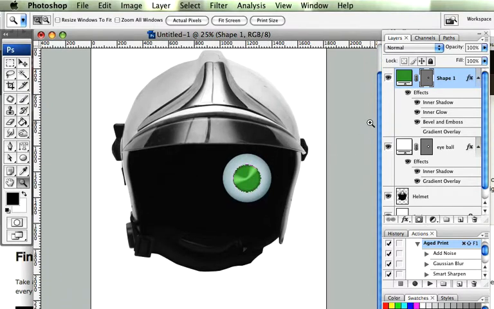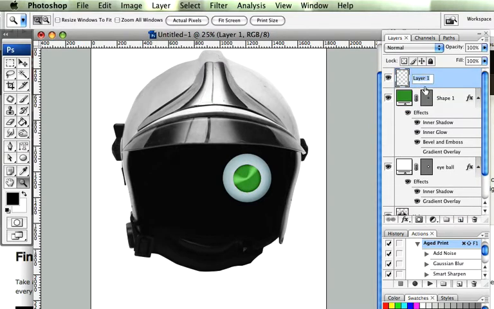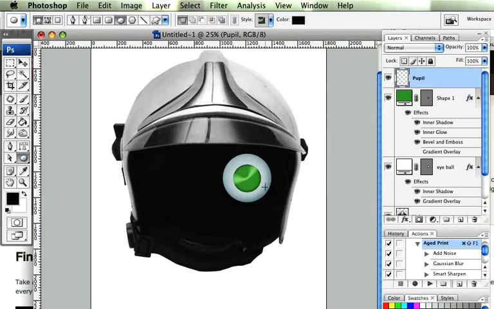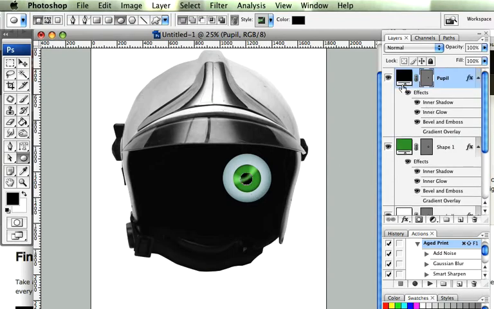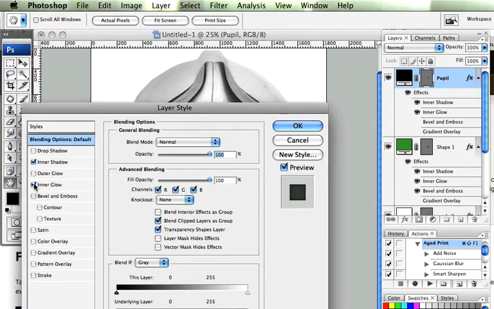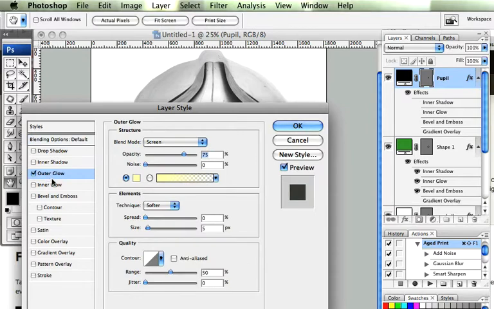And then finally, we're going to add our pupil. So again, new layer. Call it pupil. Grab our ellipse tool. And again, somewhere close to the middle. Nice and black. Make sure that's set to black. And then this time what we're going to do is come back in, turn all of these off. Going to give it an outer glow, set it to screen, 75, 0 for noise,